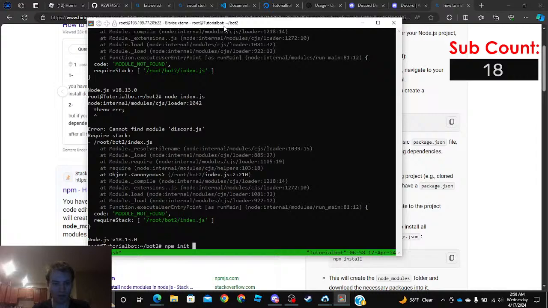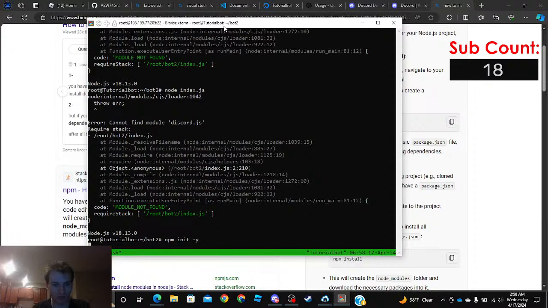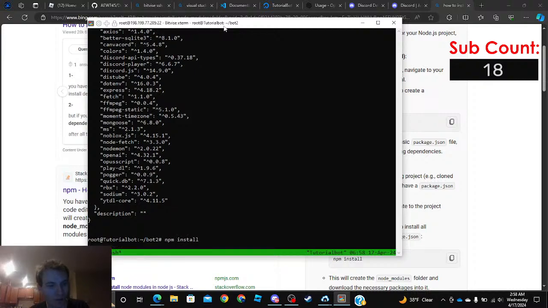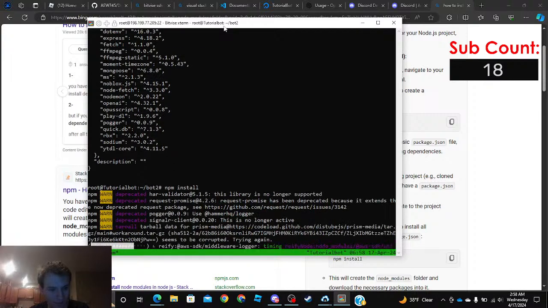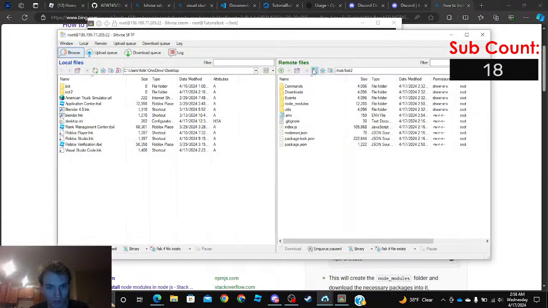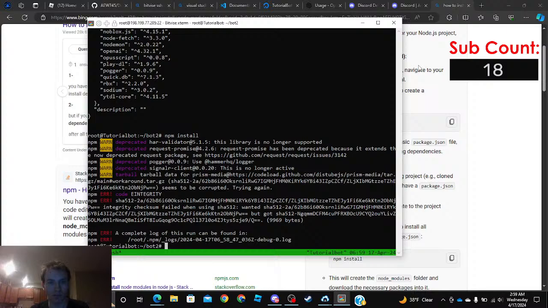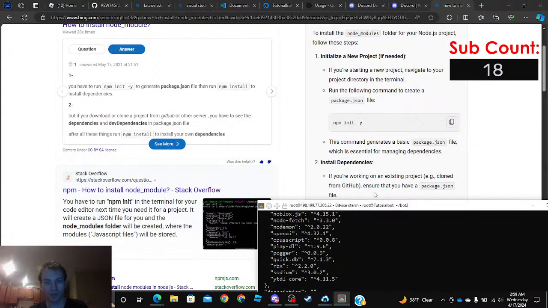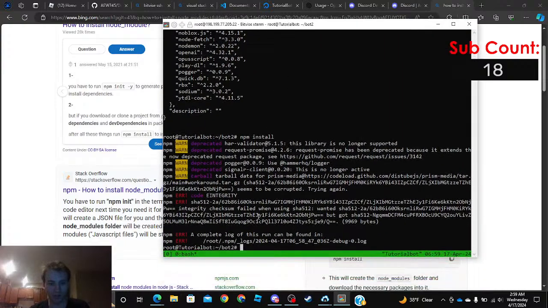So say npm init -y. Then we're going to say npm install. Now we should have our node modules. Okay, so that's the step we forgot, npm init -y. Okay, now if we do node index.js,